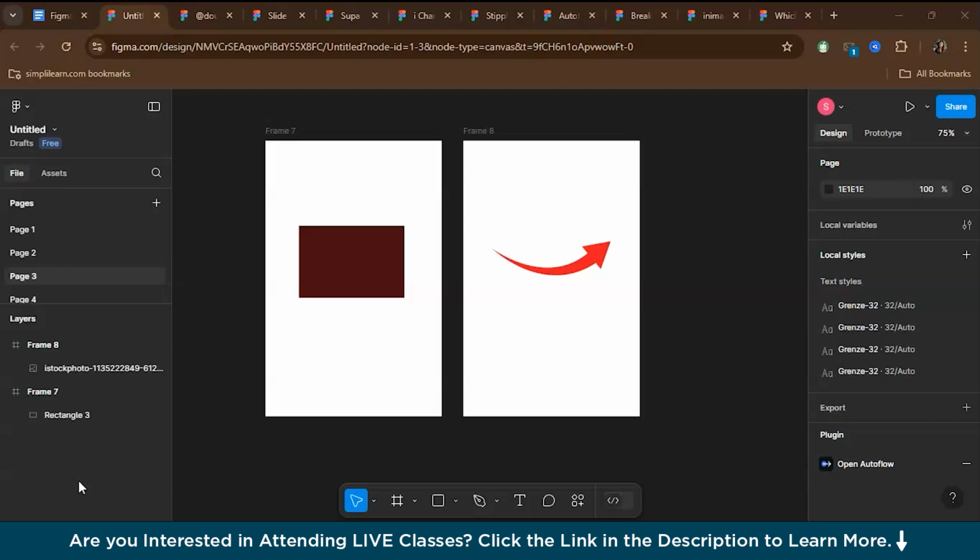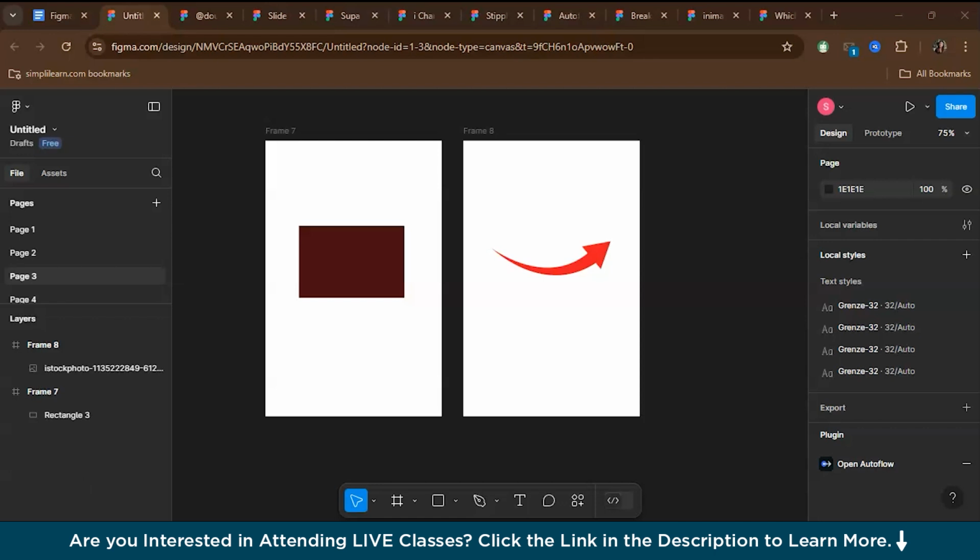Okay, so let's start with AI Rename Layers. Have you ever looked at your Figma project and seen a mess of layers, all called Frame 1, Group 2, and so on? It can get really confusing, especially when you're working on big projects. But with this particular plugin, you don't have to worry about renaming layers yourself anymore.